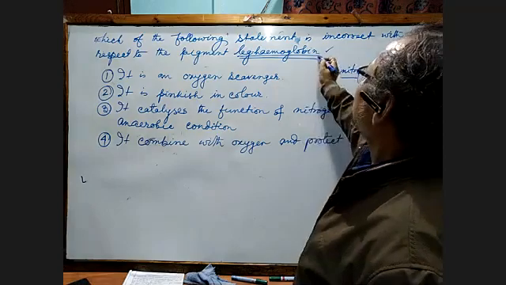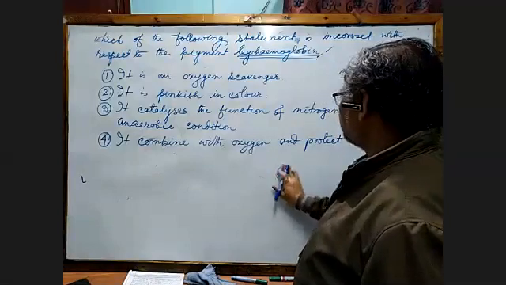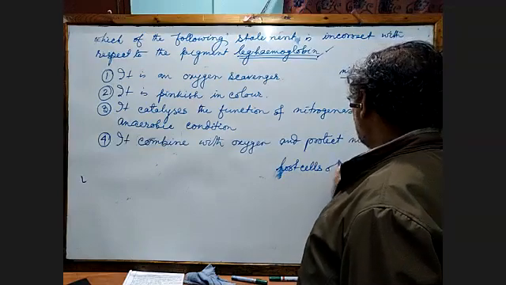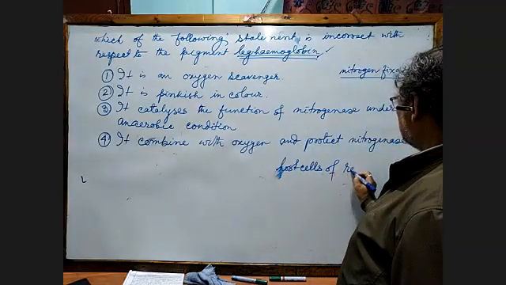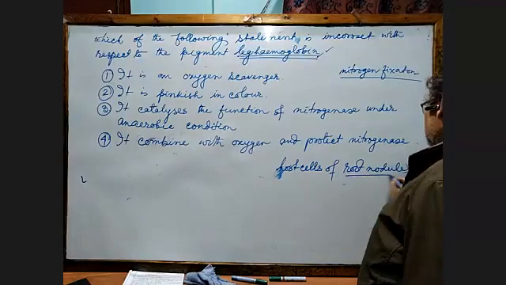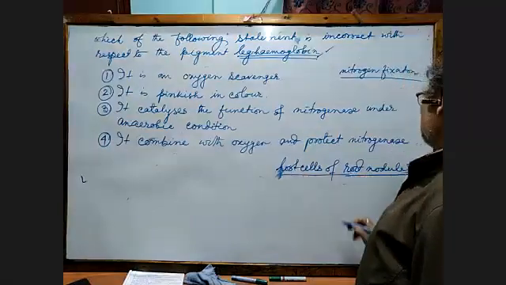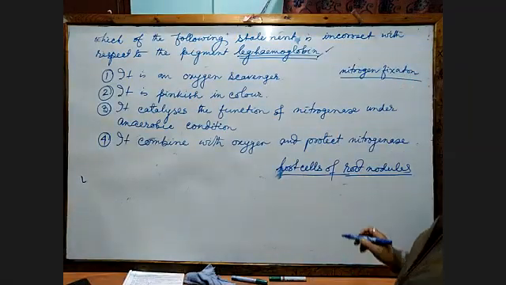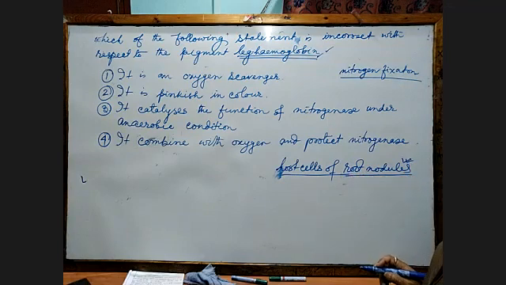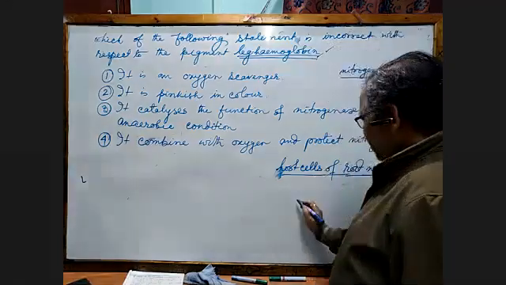This is a pigment which is found in the root nodules, in the host cells of root nodules of nitrogen fixing plants. That is, the root nodule cells where the bacteria Rhizobium